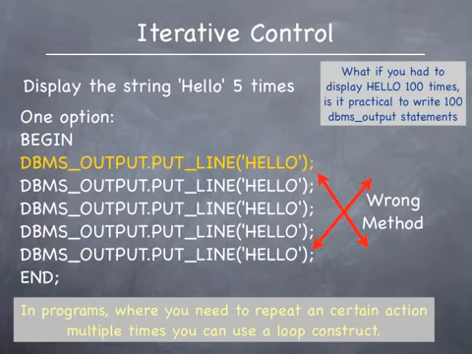In my previous tutorial, I showed you this particular example where you had to display the word hello 5 times. I also explained how the program that has been written is of very poor logic because the action that had to be done was to display hello on the screen, and the same action had to be done repeatedly. I explained the loop statement, which was used to allow you to execute a statement or statements repeatedly for a certain number of times or until a certain condition was met.